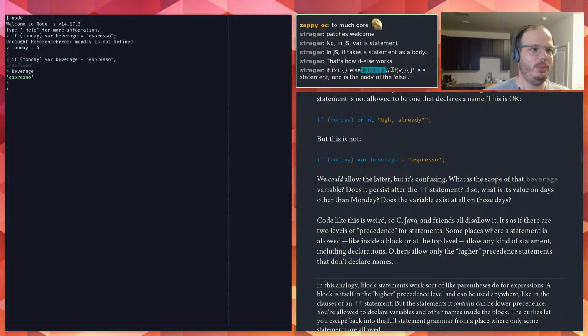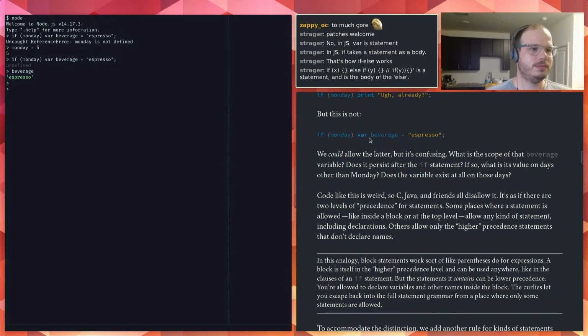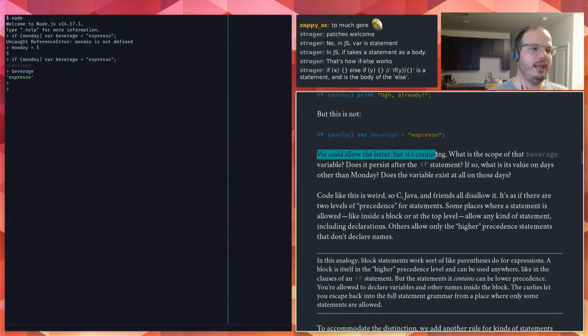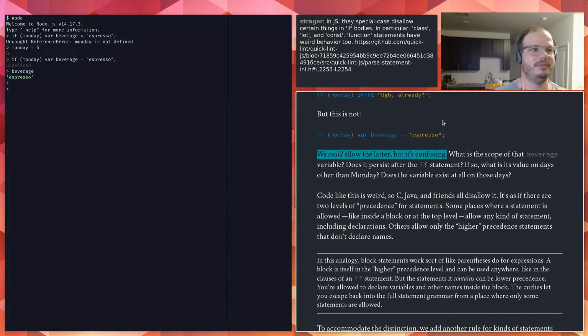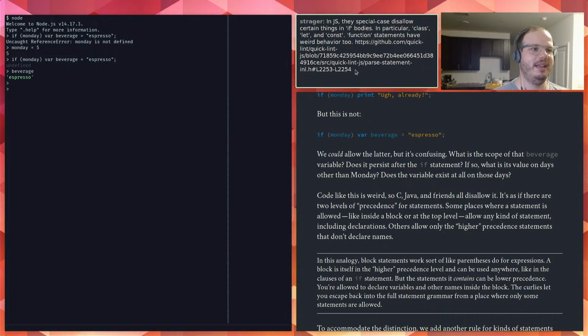That's really pretty wild. We could allow the latter, but it's confusing. See, the author says JavaScript is confusing, which I can't disagree with. What is the scope of that beverage variable? No way.